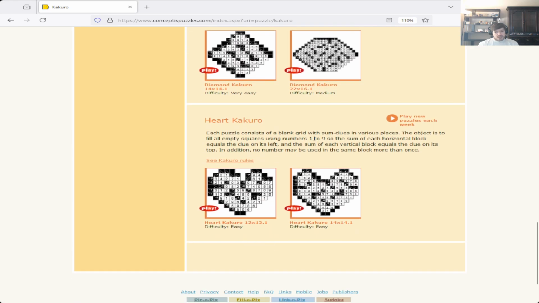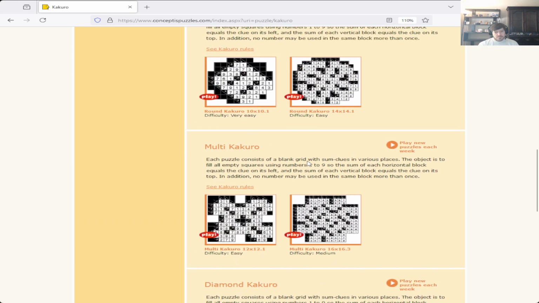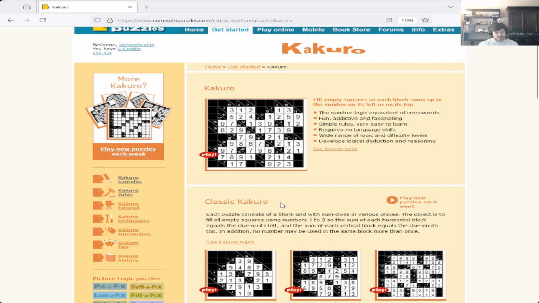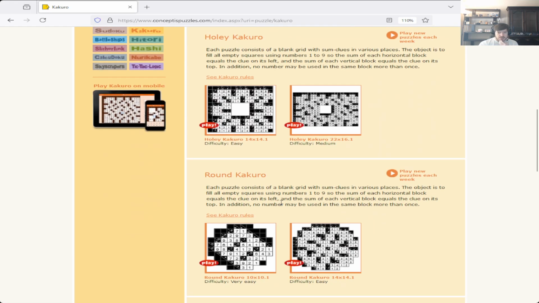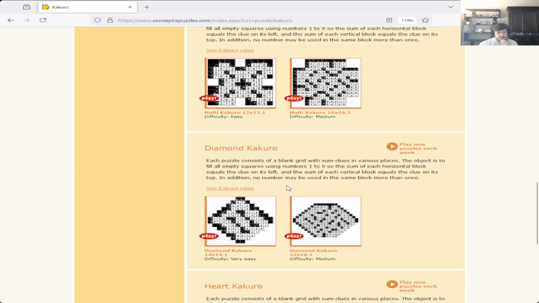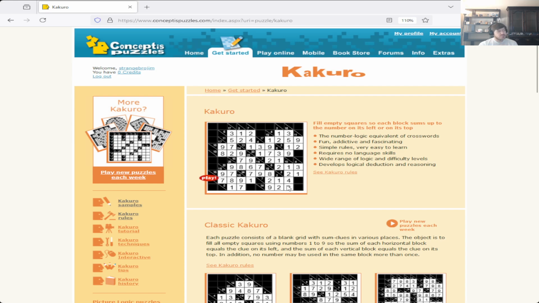So yeah, you have pretty much the same kind of process to it. The fact of the sums, more often than not. I don't think they do anything like multiplication or anything along those lines with Kakuro. I think it's always sum, so you don't have to worry too much about that. So it can be a fairly easy